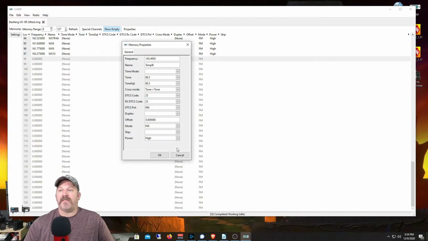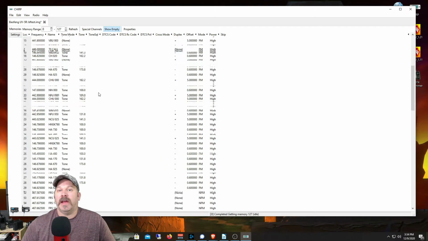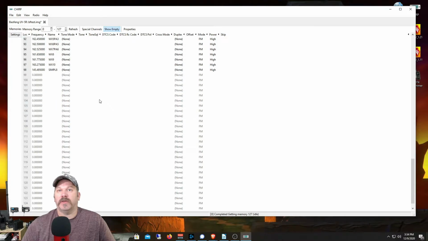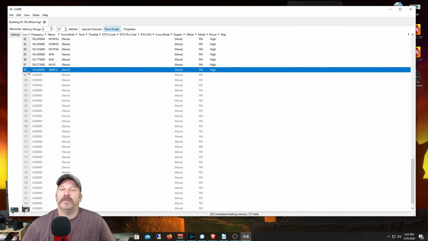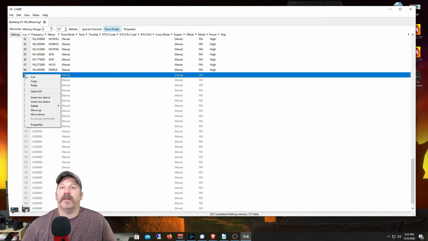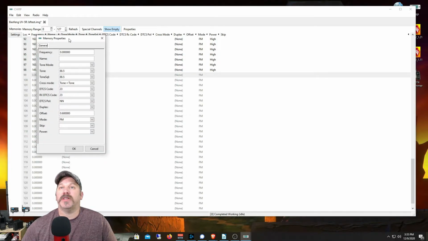That right there, that fast, we hit OK, and then scroll back down because it will do that. And then boom, here's 98 that I just put in, just like that. If you remember from the last video, when we did that by the keypad, we'd still be sitting here trying to get all that part programmed in, and that was just simplex. So if we go to here and we want to do properties, and we're going to do, say,